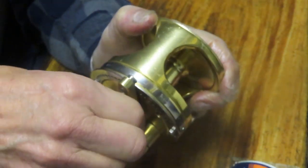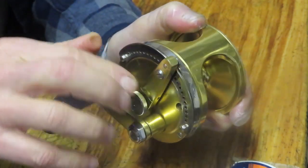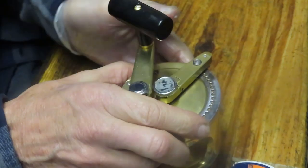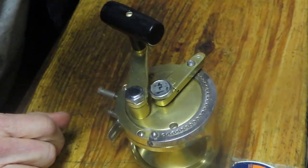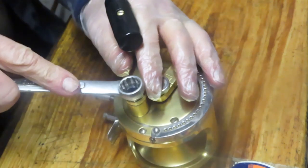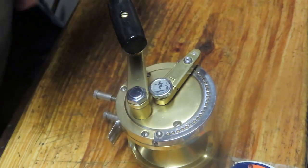We'll try and figure out why this reel has failed, and hopefully, more importantly, we'll be able to get this reel fishing again. So we're going to kind of fly by the seat of our pants on this one because I don't know this reel, but we're all going to learn together, I think, as we go do this. So we're going to start by removing the exterior parts, and as I do that,